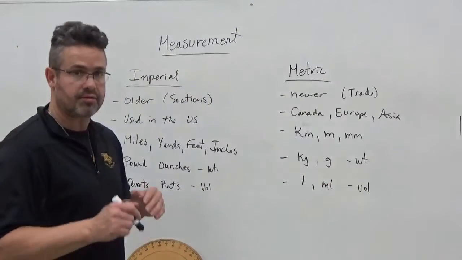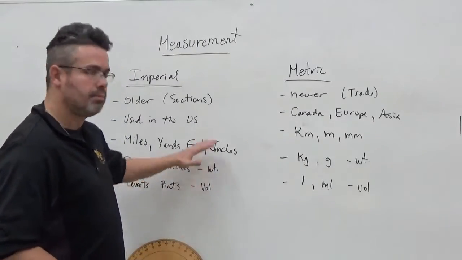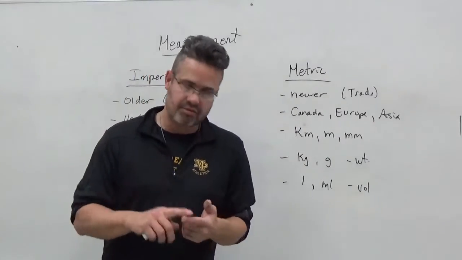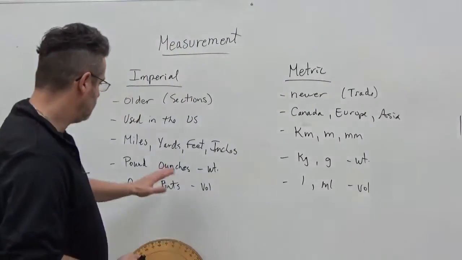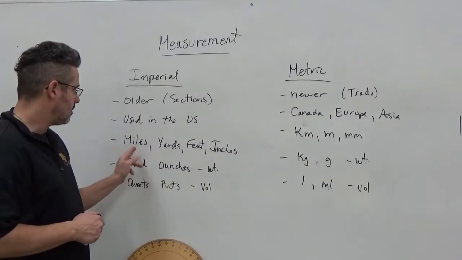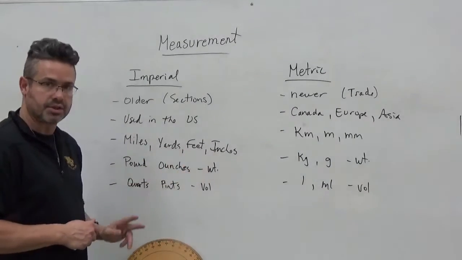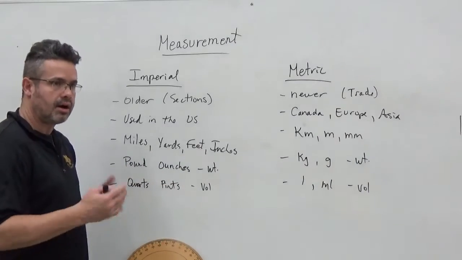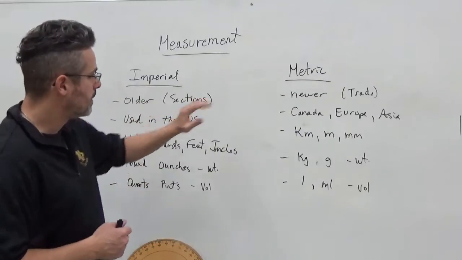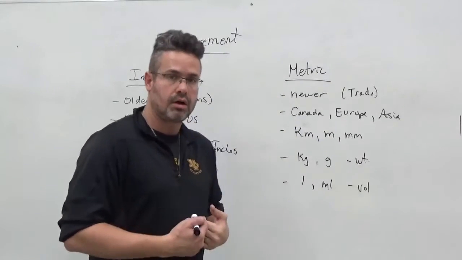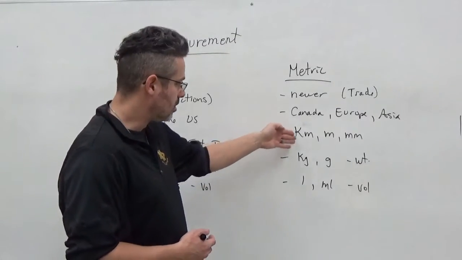And specifically for this class, trades are huge with imperial measurements. So you need to know how to measure in feet and inches, whether you're a plumber, a welder, a carpenter, any of those. You need to know how to use not so much miles and yards, a little bit of yards, but mainly feet and inches. So we need to understand that, how to read a tape measure properly and accurately, which is why we learn imperial. And then of course metric is our official form of measurement, whether it's distance, lengths in kilometers, meters, or millimeters,